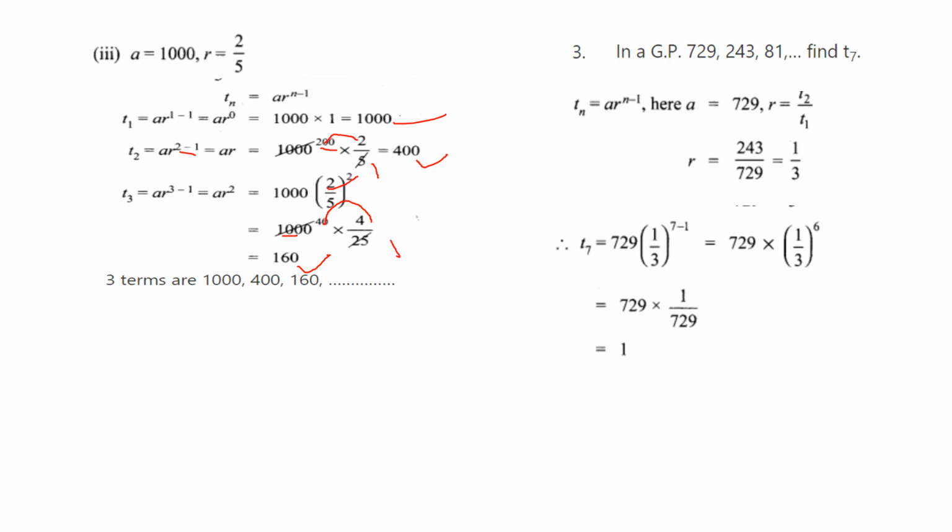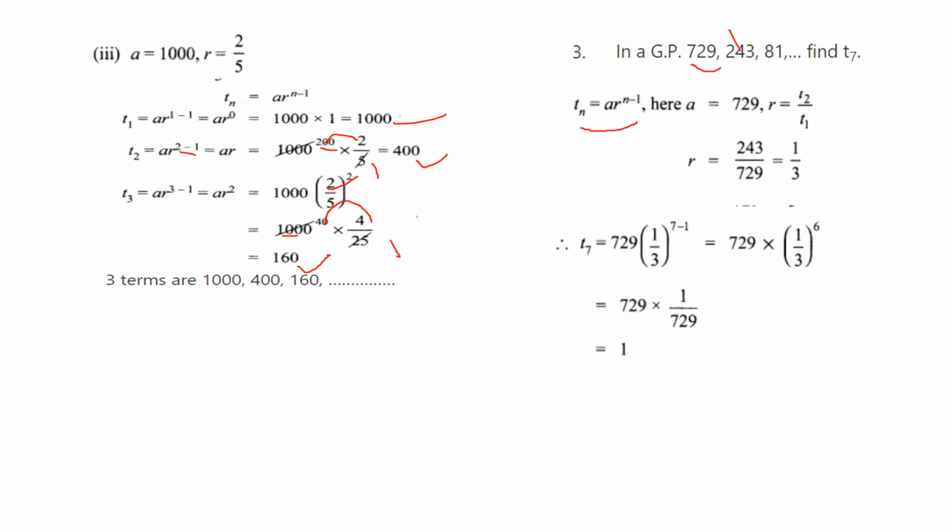Third question. In a GP 729, 243, 81, find T7. So how will you find? First use the formula Tn equal to A R to the power n minus 1. Here A is 729. R is, we will find